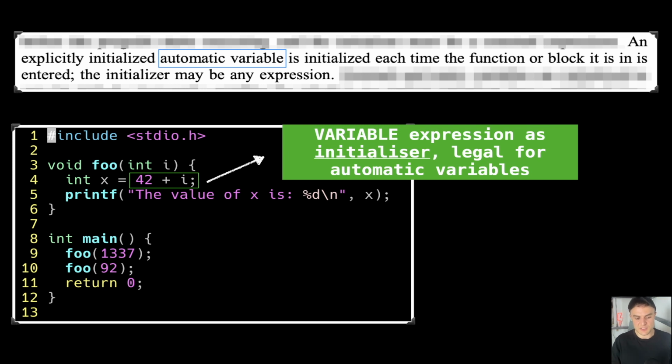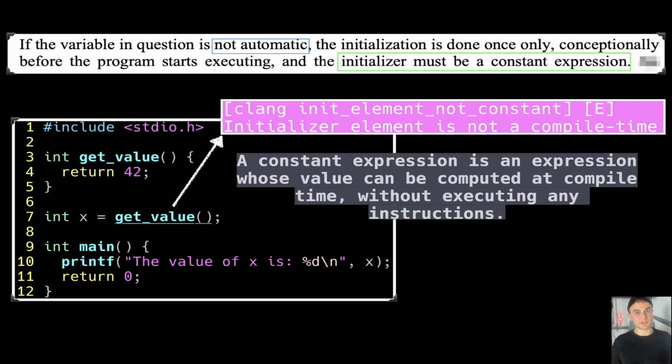As you can see, I can initialize the variable x in this case with a variable expression. That's what this sentence means. If the variable in question is not automatic, for example, it is a global variable, an external variable, external from the functions, the initialization is done once only, conceptually before the program starts executing, and the initializer must be a